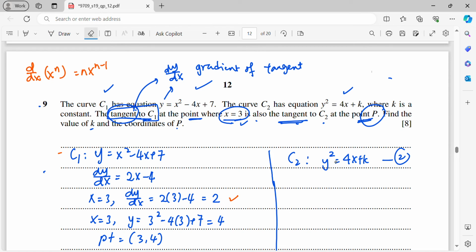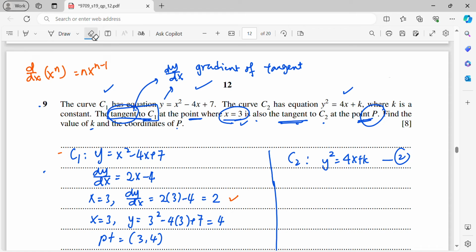Because when you refer to this diagram, as I've shown here, this is curve 1, quadratic. Another curve, let's say something like that. Now the tangent. I will just simply sketch, let's say just an example. So this tangent is tangent to this curve, and also tangent to another curve. That means this is not the actual graph. Basically the graph is like that, another one is like this, right? Because it's mentioned tangent,